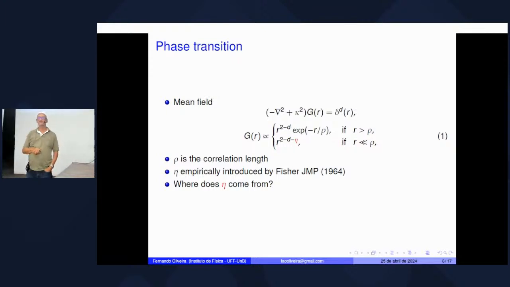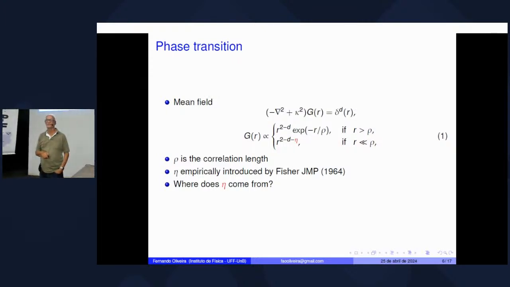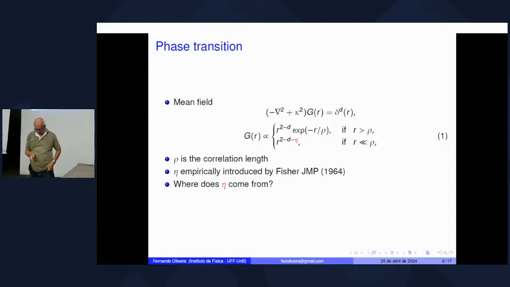But when you study statistical mechanics, a problem comes up. And what people do to solve the problem is like that. Suppose here that you are in a situation that R is much smaller than rho. If R is much smaller than rho, the exponential goes to 1, and you have just a power law. It will be something like R to the 2 minus D. But R to the 2 minus D is not a good correlation function. For example, for D equal to 2, it will say that the correlation function does not change with R. It will be a constant.